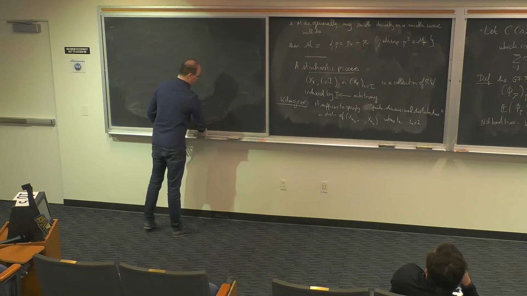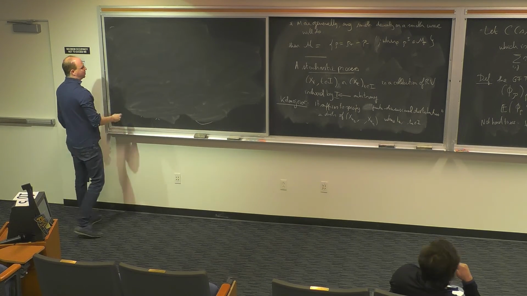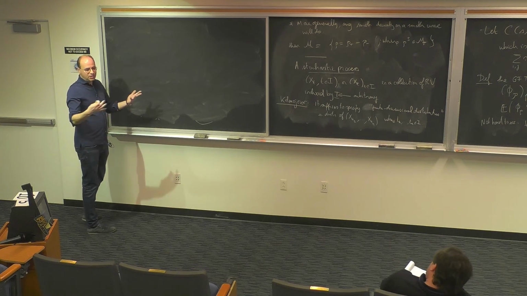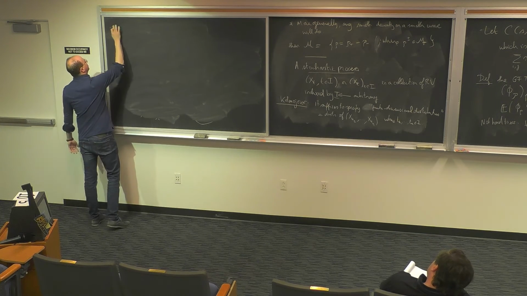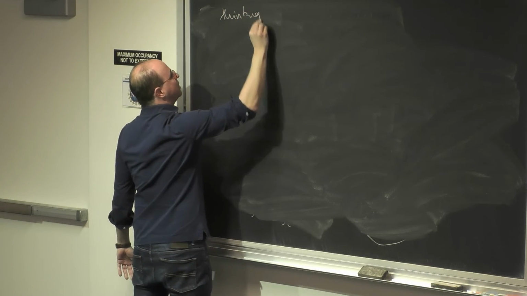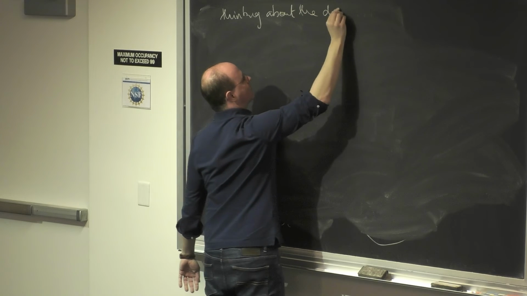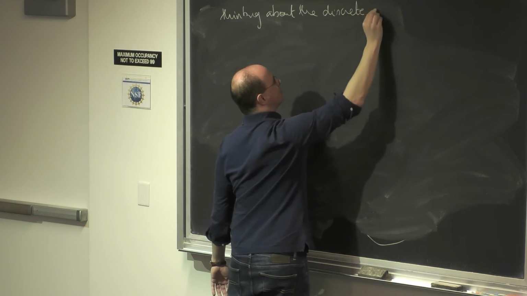So I could have done this in a discrete case, but because of time I didn't. If you write it informally at first, thinking about the discrete case, it is natural to guess